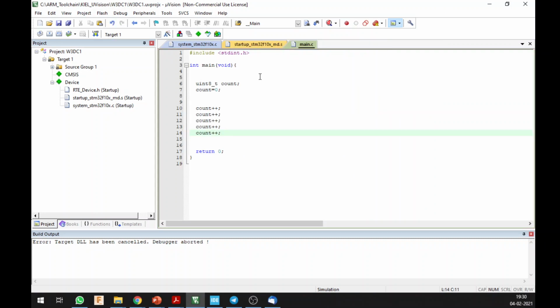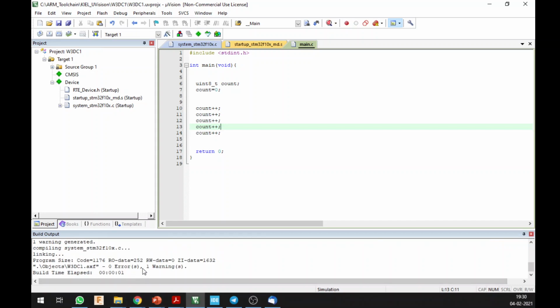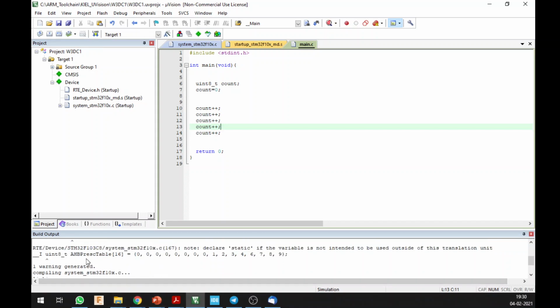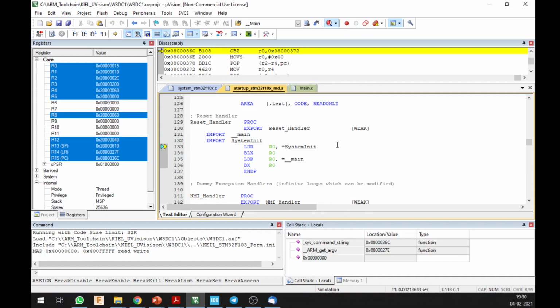I'll close this. Okay, so I save this and then I build it now again, and once you build this, it shows that there is one warning, probably because of the optimization that we used, but for our purpose that's not going to be an issue. So it does not show me any error, so I can go ahead with the debugging. So I'll click on debug over here. Okay, so it took me to my